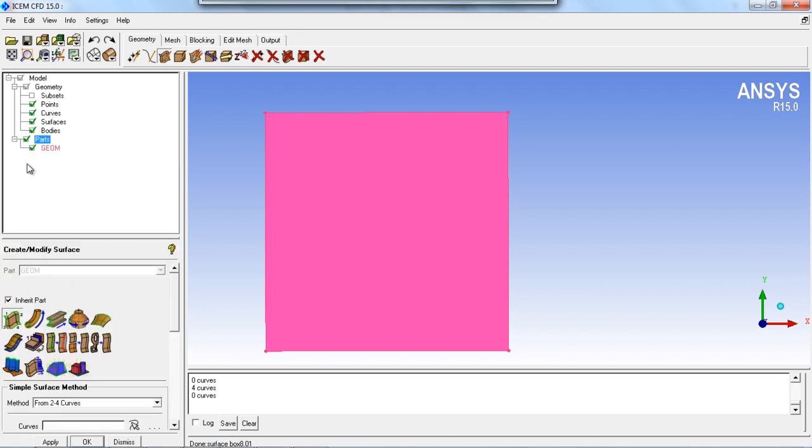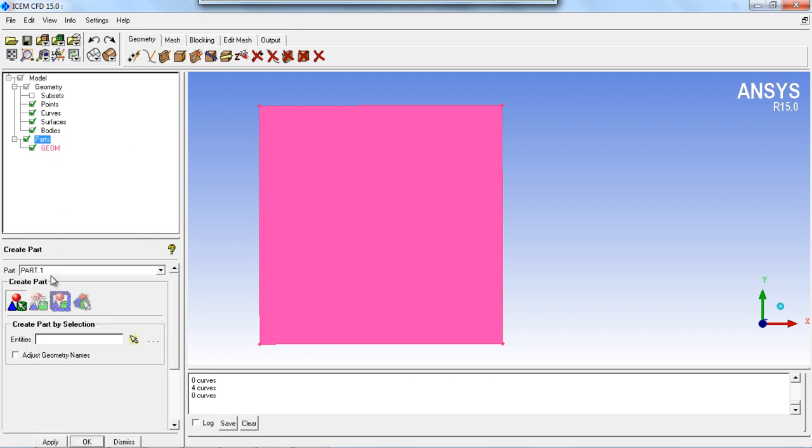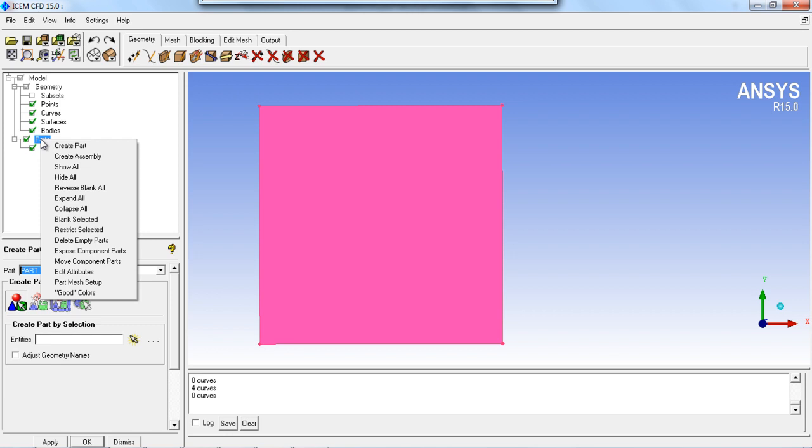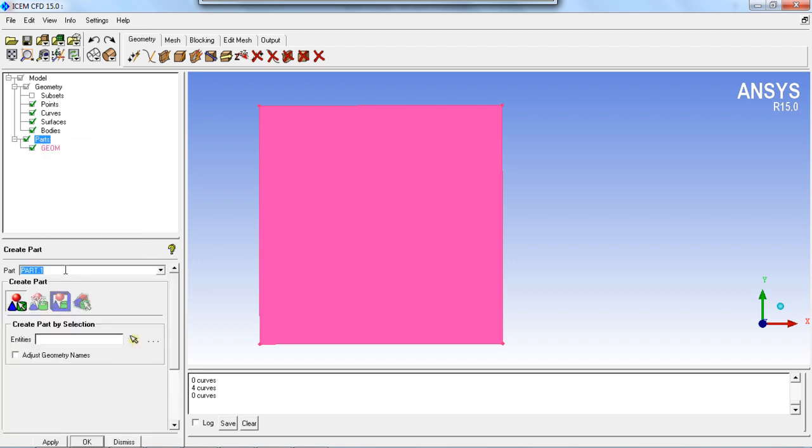At the moment, all the points, surfaces and curves are in the geometry part. You can put them in the different parts. For example, if I create the one part, just right click on the parts, and then click on the create part with the help of the left mouse button, and you can choose the points. Just click on the create part by selection,